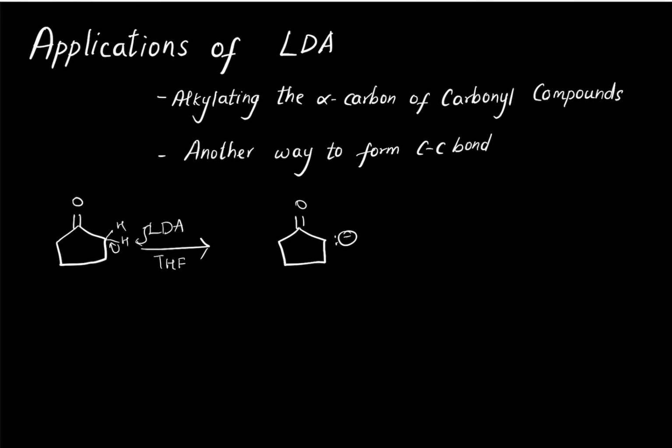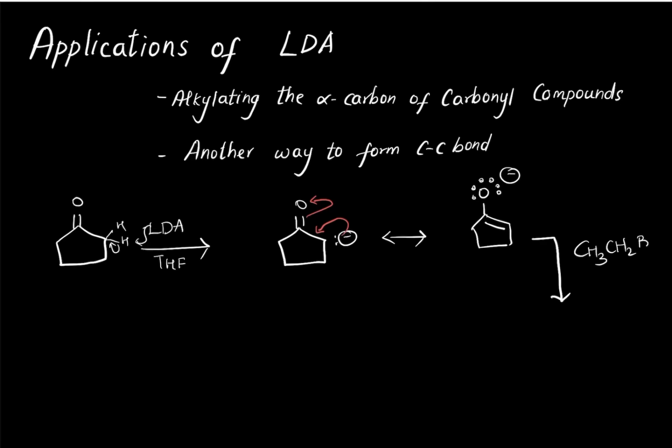In the next step, these electrons are going to shift in here and the double bond is going to break, which gives a resonance structure, the other tautomer. And now, if you want to react it with an alkyl halide,